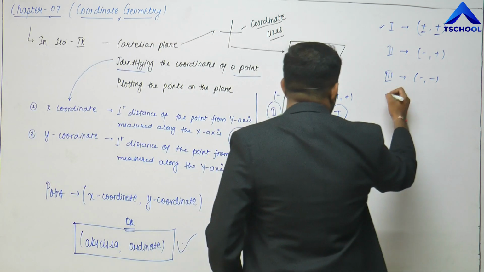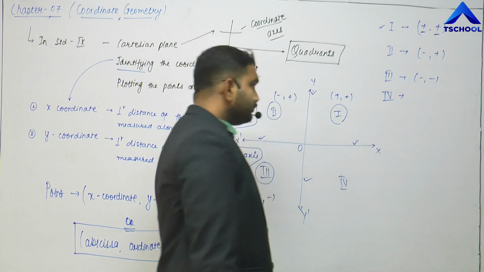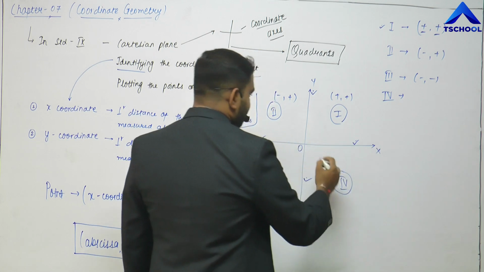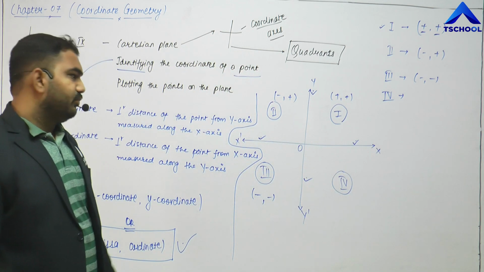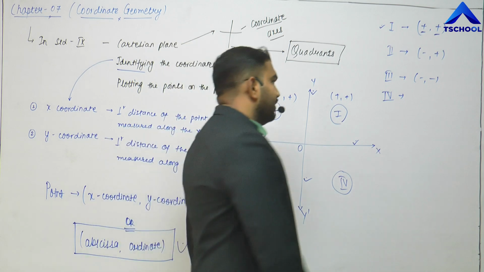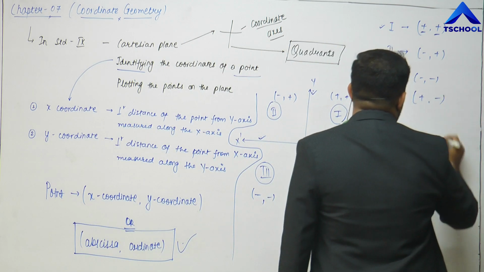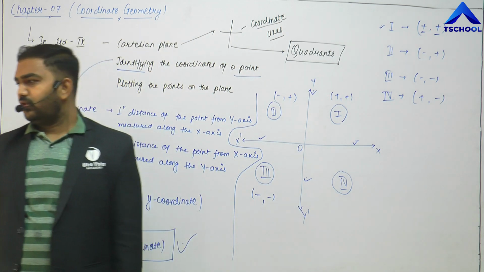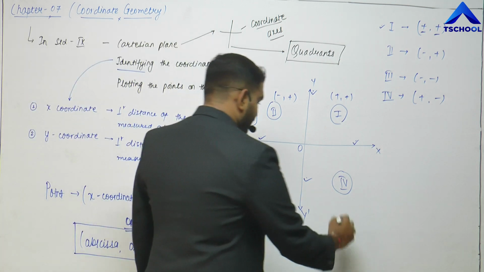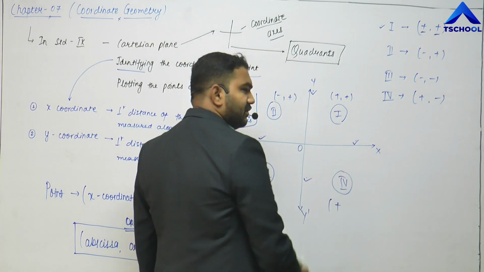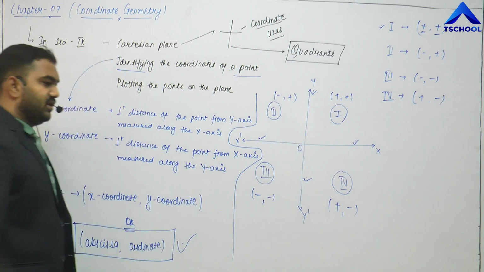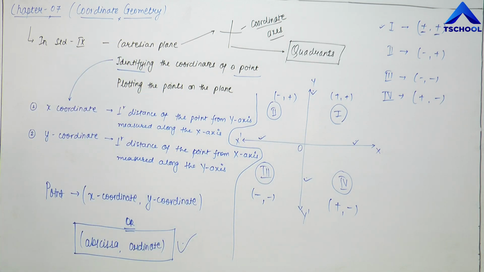Right, and lastly for the fourth quadrant, we had the fourth quadrant made up of positive x-axis and negative y-axis. Right, so positive x-axis will contain all the positive integers, negative y-axis will contain the negative integers. So any point lying in the fourth quadrant will be of the form plus comma minus. So here the x coordinate is positive because it corresponds to positive x-axis, and the y coordinate is negative because it corresponds to the negative y-axis. Is this thing clear, friends?